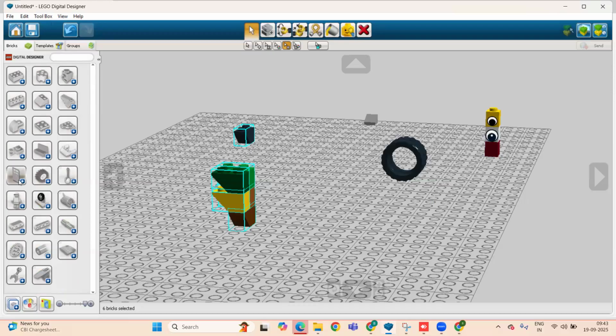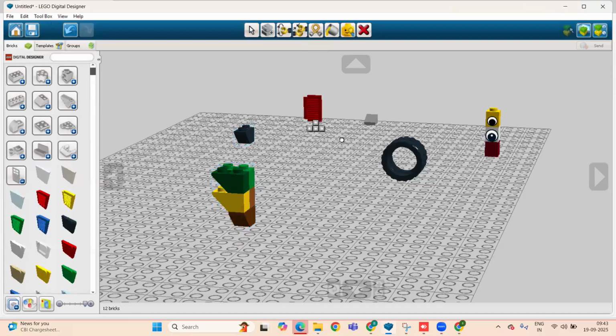So if I'm taking, for example, this shutter for a window, this is not exactly the same shape which I have here, right? So if I'm using shape selection and I'm selecting this brown brick here, then all are selected, but this one is not selected, this one is not, and all these are not.